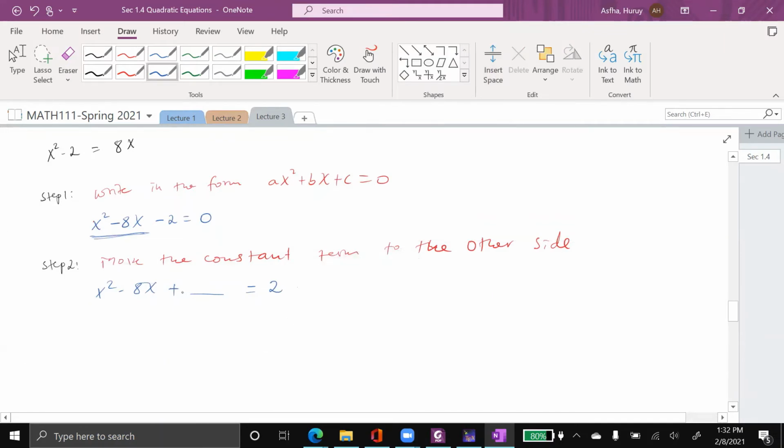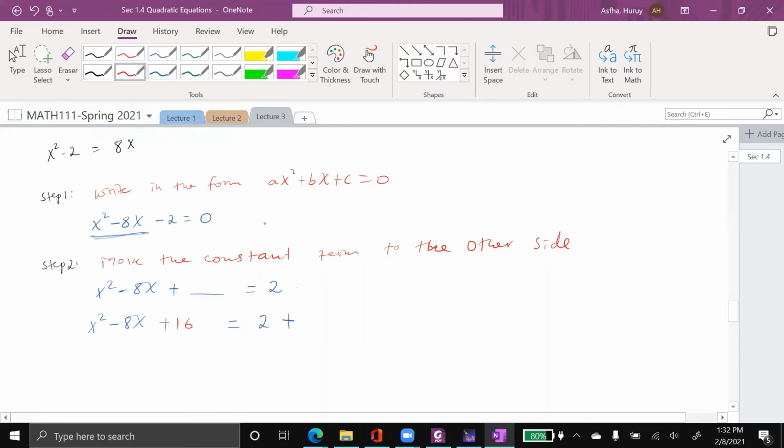Well, this number is the square of half of this one. Half of this is -4, because there is a negative here. -4 squared is 16. Therefore, we put x squared minus 8x plus 16 equals 2